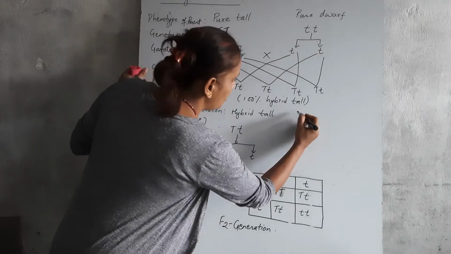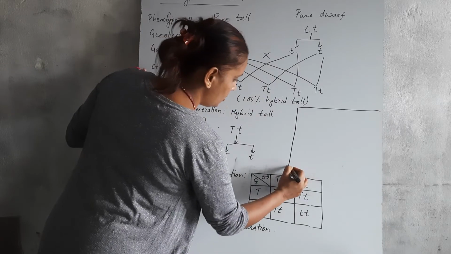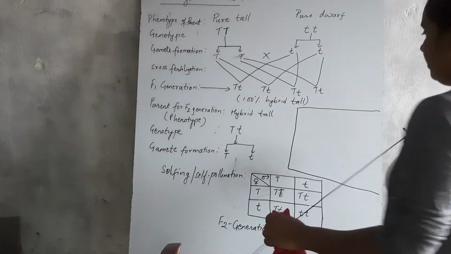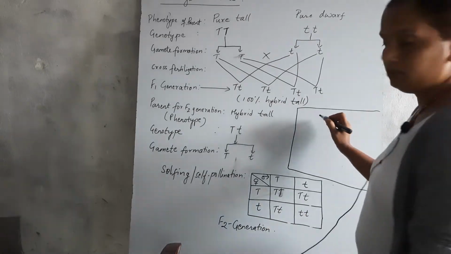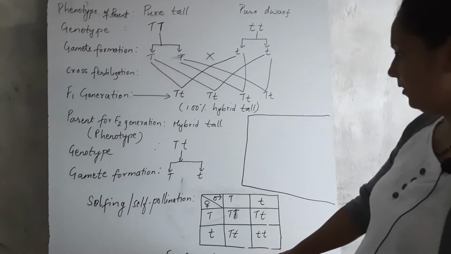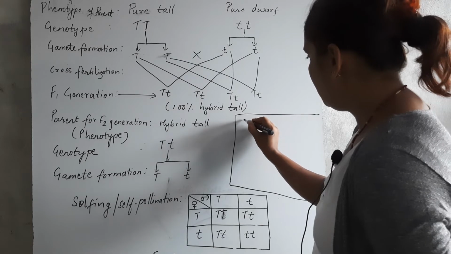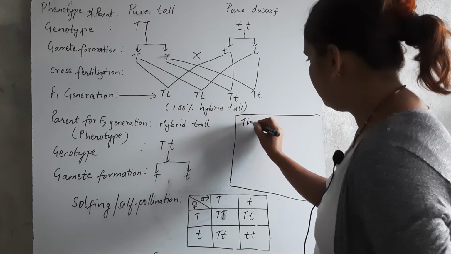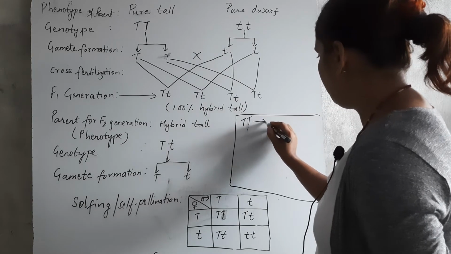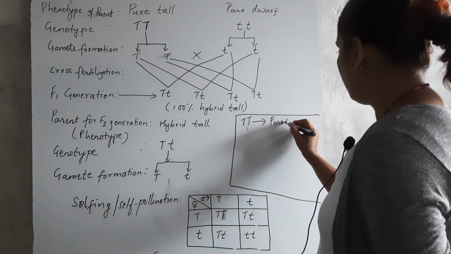Suppose here I am going to give the result of F2 generation. In F2 generation, let's see the result of F2 generation over here. So in F2 generation we found three different kinds of genes. This TT we found, where TT represents pure tall,